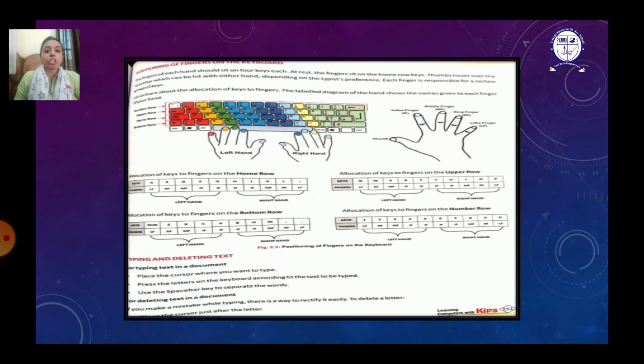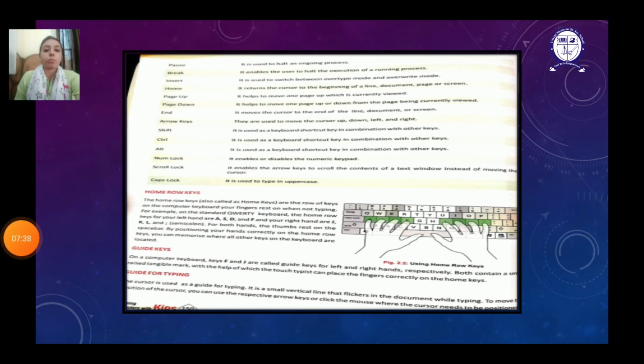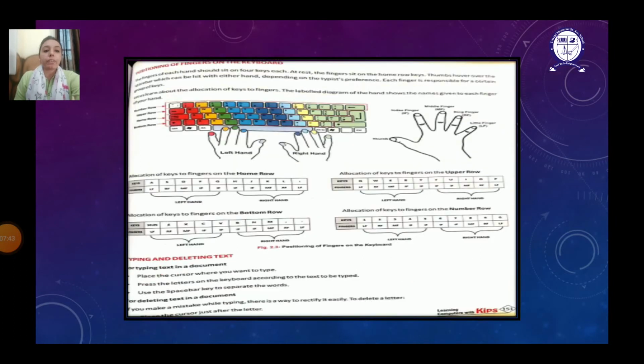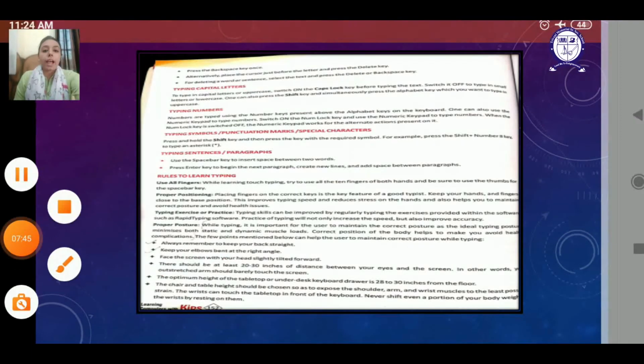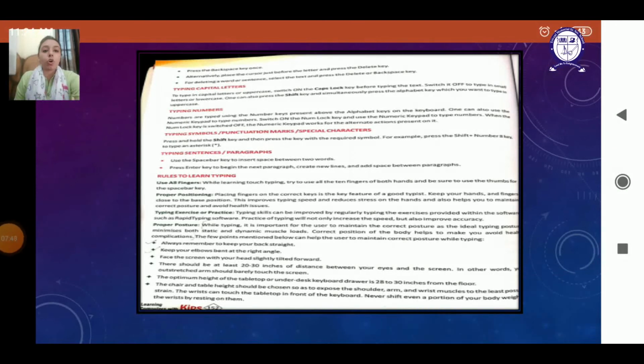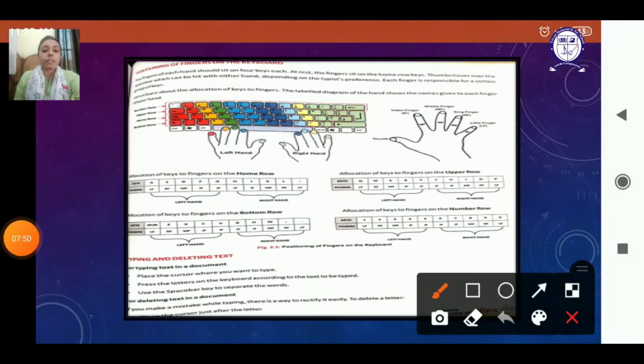Then we have the positioning of fingers on the keyboard. Now in this picture you have been shown how you have to position the fingers. Here we have the different positions of the fingers, like we have learned about the home row keys, and here it is shown the position of the index finger, the middle finger and the other fingers. You can see the four fingers are placed on ASDF and the others will be placed on JKL semicolon, and our thumb should be placed on the space bar. If we want to move to any place after the space bar, we can make use of the fingers or the space bar as per our requirement.